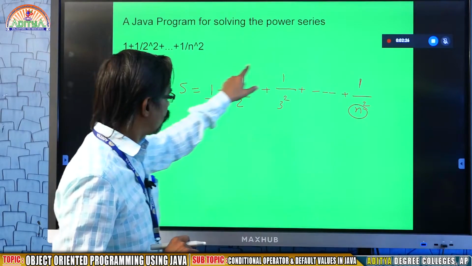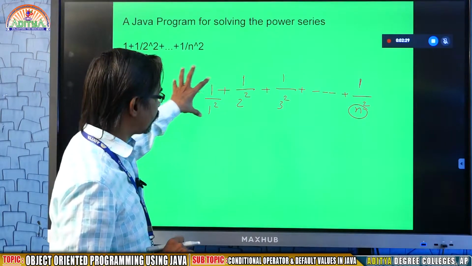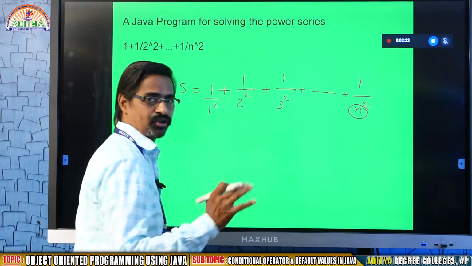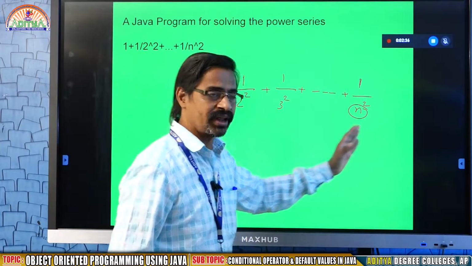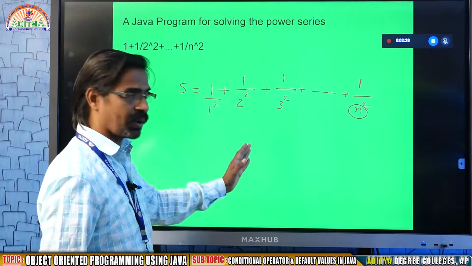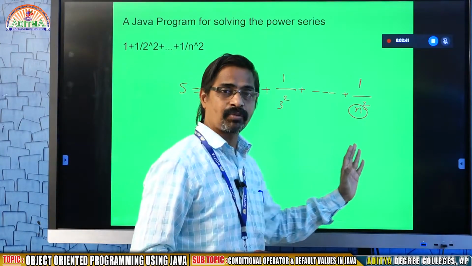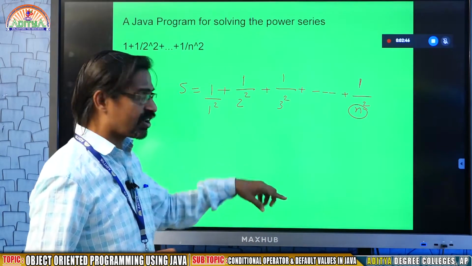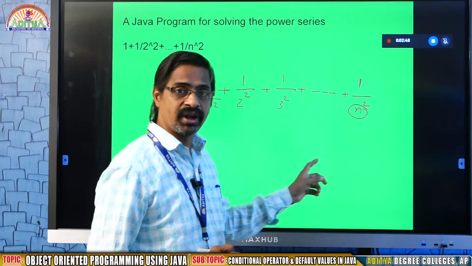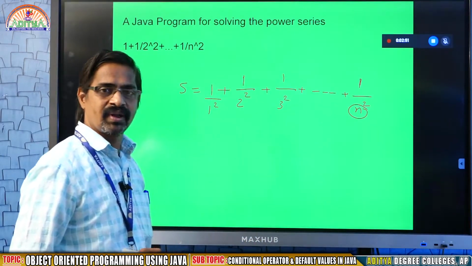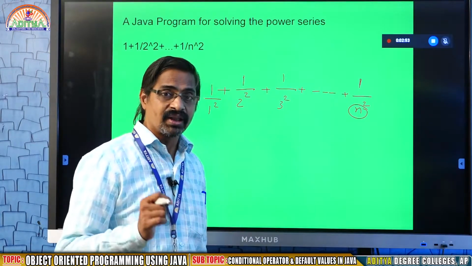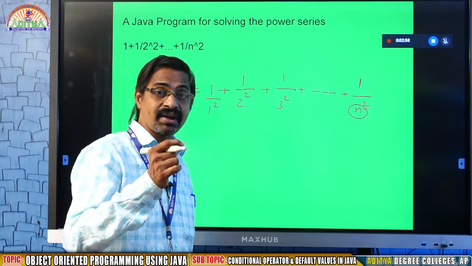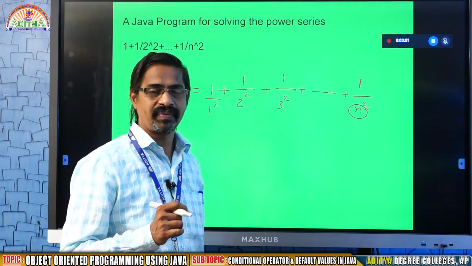Then you need to evaluate the whole expression, but calculating the entire expression at a time is not possible. If n value is 20, writing 1 plus 1 by 2 square plus 1 by 3 square plus 1 by 4 square up to 20 is okay, you may write. But the problem is, in the next iteration, instead of 20 I am going to give you 3, and again you need to write the expression. That means the program you are writing must be suitable to run for any value you give for n. That is important.